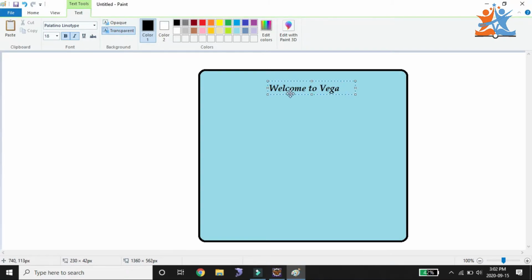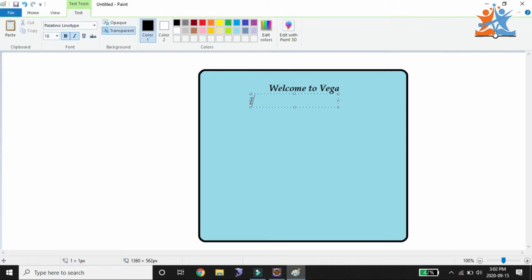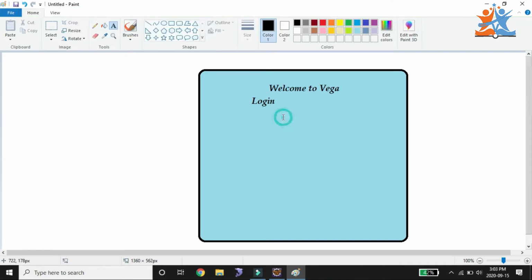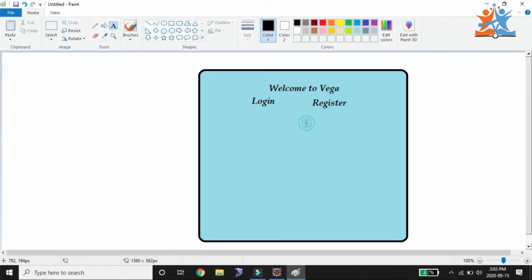Okay. So after that, here we will get a login, and here we are getting a register, and these things have a background color, some notation like this.